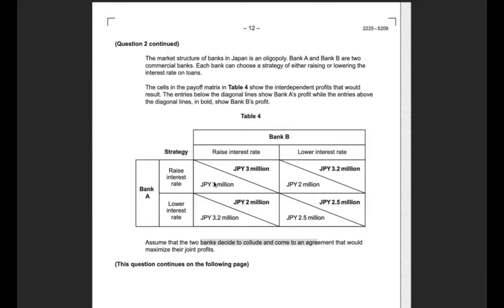So in that regard, both banks raise the interest rate. If they both choose this option, this guarantees the biggest combined profit, which is 6. Other options give smaller combined profit, like 5.2 or 5. Therefore,